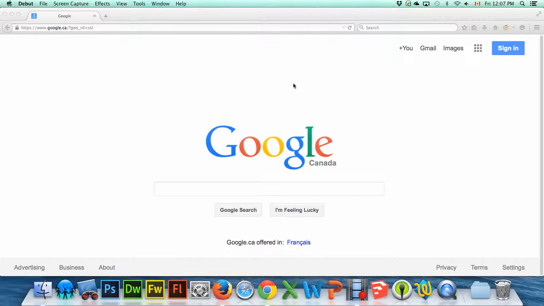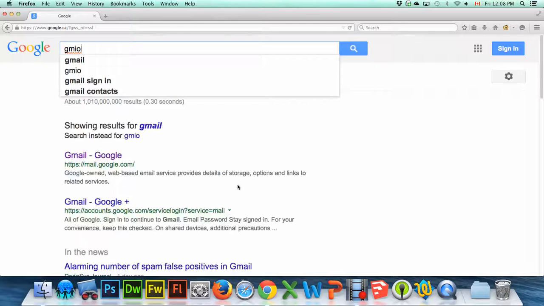Okay, here is a quick tutorial on how to create a Gmail account and also access some of the other features of having a Gmail account, such as the Google Drive cloud service folder. So what I'm going to do is I will just go to Gmail,